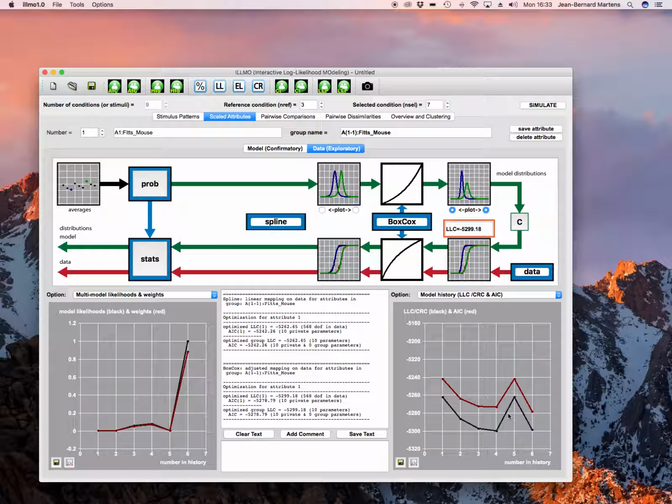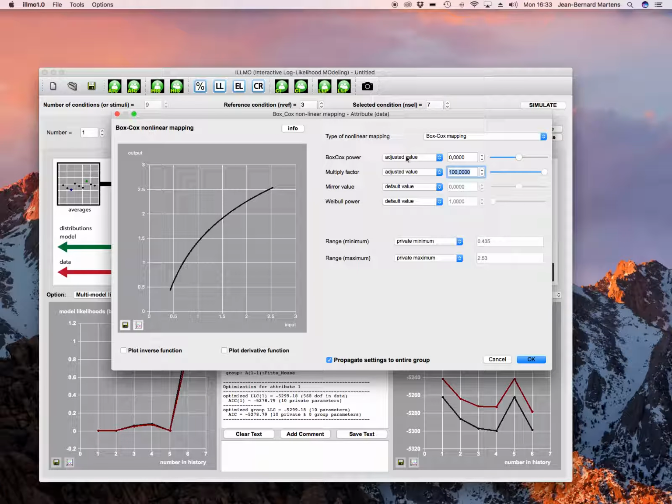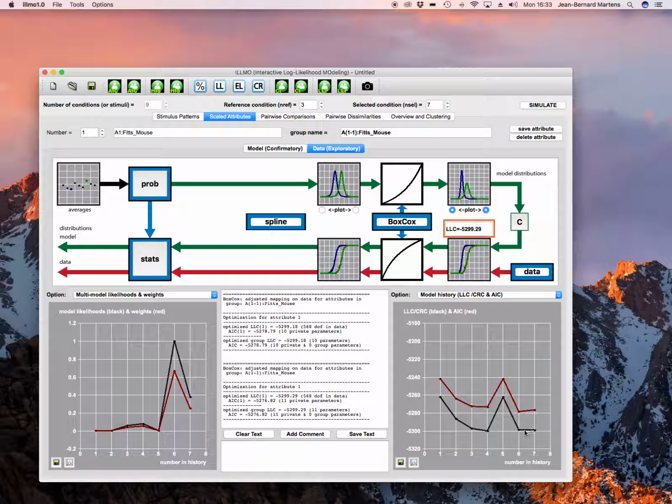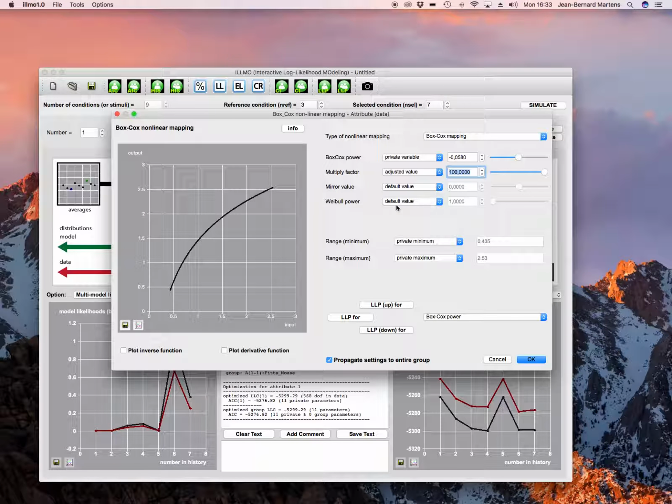So that creates a function with an even lower AIC and a much higher weight, even than the spline functions. We can go even one step further and make this power into a variable. We see that the log likelihood goes down slightly, but since there's one more parameter, the AIC goes up, and hence also the weight goes down for it. So there's very little evidence for having a value different from 0, different from a logarithmic